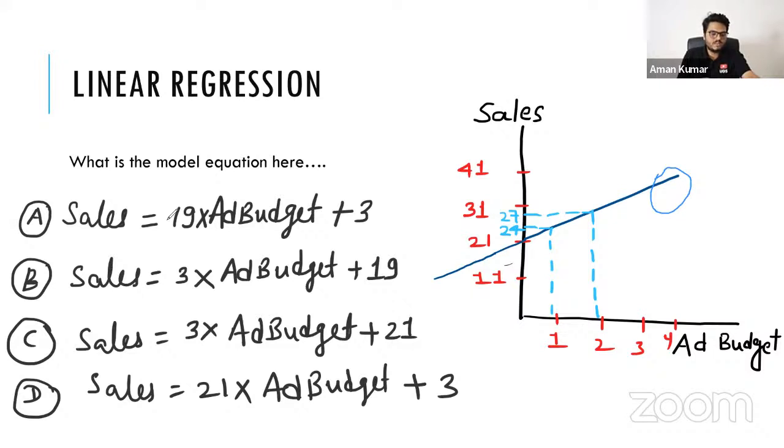Tushar is saying it is C, intercept is 21. Yes, 21. Slope is 3. Shreya is saying slope is 3, intercept is 21. Absolutely, that is what we should look at here: slope is 3 and intercept is 21. Now Shreya, how did you calculate this slope? For some of us who could not understand the slope calculation, all of you who are saying C, how did you calculate this slope? I want to know that, because I have not given the M value to you, right?